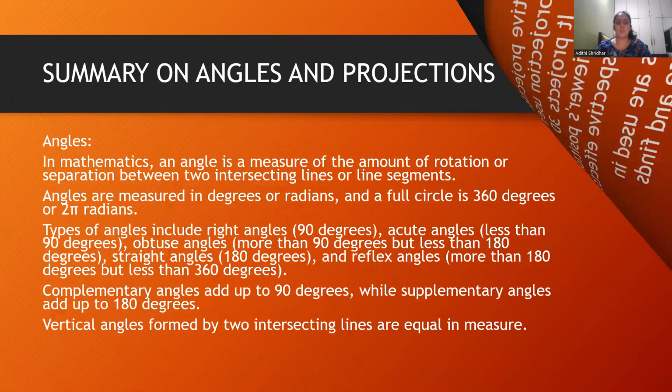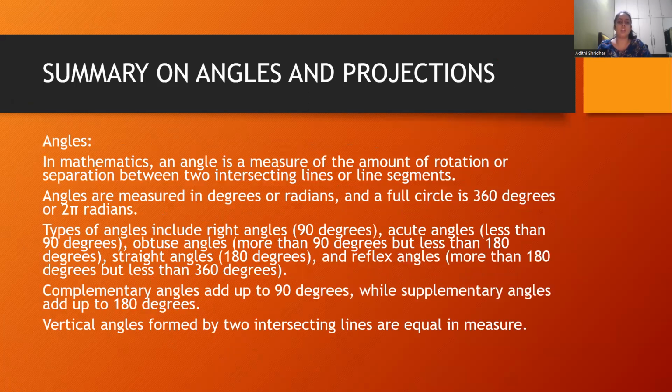Summary on angles and projections. Angles. In mathematics, an angle is a measure of the amount of rotation or separation between two intersecting lines or line segments. Angles are measured in degrees or radians, and a full circle is 360 degrees or 2 pi radians. Types of angles include right angles, 90 degrees, acute angles, which are less than 90 degrees, obtuse angles, which are more than 90 degrees but less than 180 degrees,